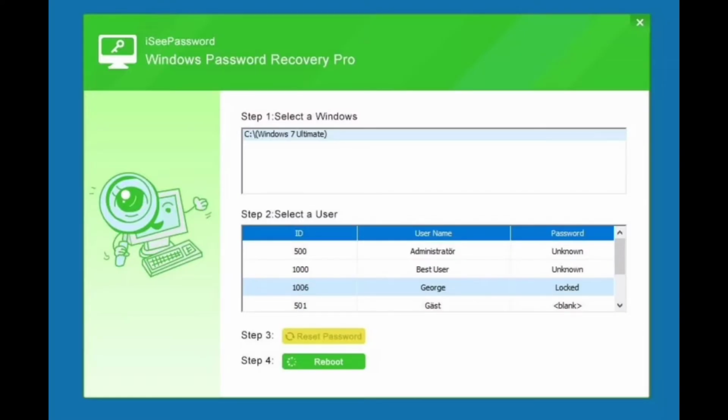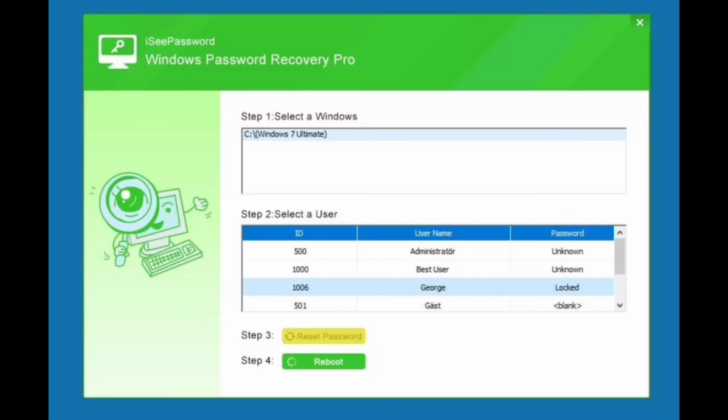And the last but not the least one is iSunshare Password. The green interface looks good, and it comes to mind as a utility we have tested previously for recovering Windows passwords, and it costs about $30. The company offers a tool that supports archives, Office files, as well as many other file types.